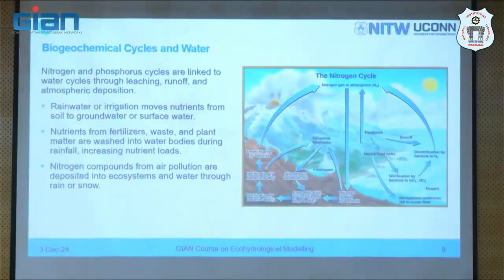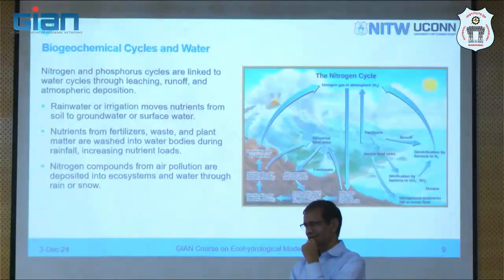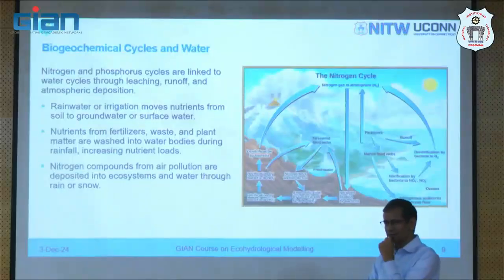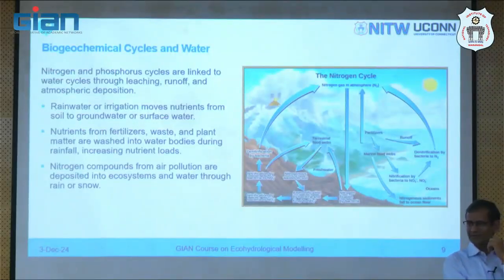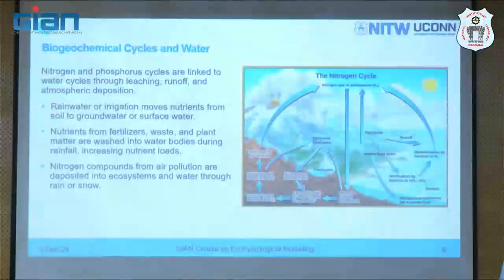How much is the Roorkee? How much is the precipitation in Roorkee? 1100. 1100 what? 1100 millimeters a year. That sounds right. About 1.1 meter. 925 or so. Yeah. So now you can calculate how much nitrogen is coming purely through atmospheric deposition,